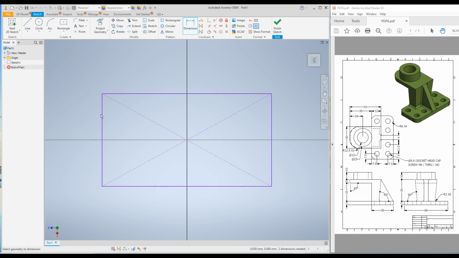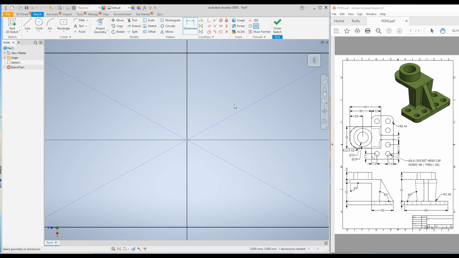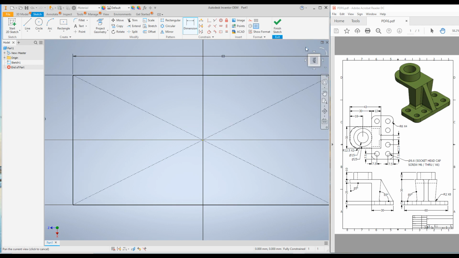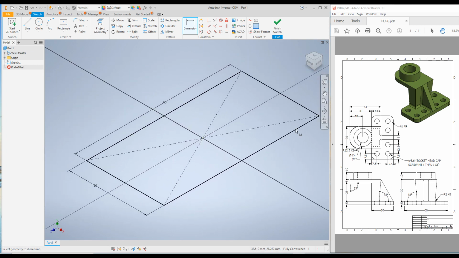and put some dimensions on. Right click and select dimensions. Make this dimension 30 mm and double click middle mouse button to zoom all in and make this dimension 60 mm. Click enter. Go to home view and see if the orientation is okay and exit the sketch by clicking on